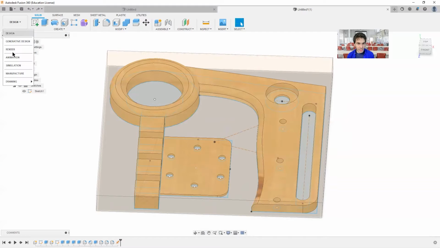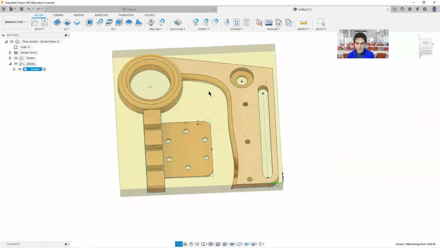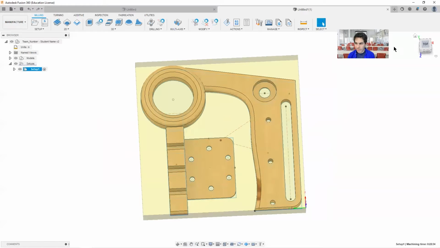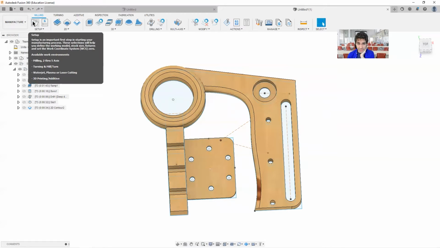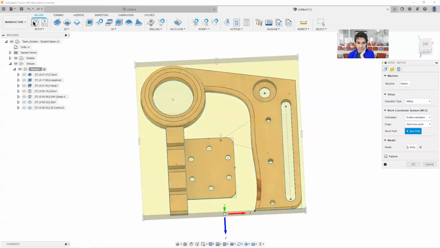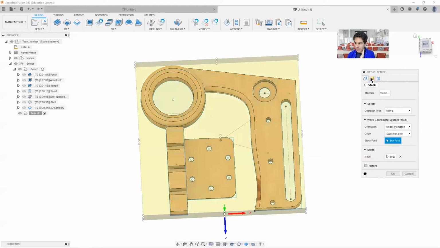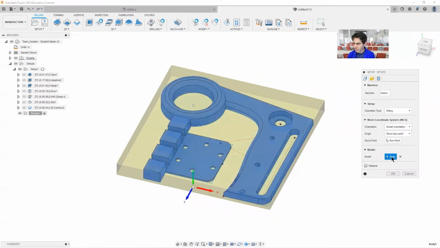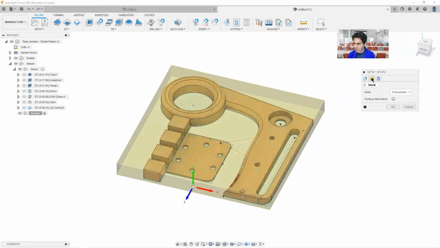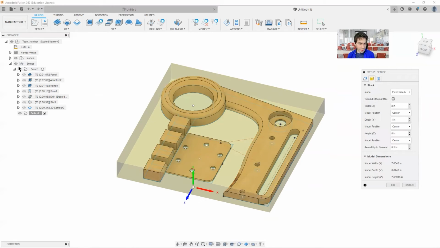So if I drop into the manufacturing workspace here, you can see that we've created a setup, and this is something you would do on your own. If you were going to do this from scratch, you'd start by making a setup. And then in this setup creation window, we have a number of options, things like creating our stock box origin, choosing our model. In here, for our stock, we can choose,